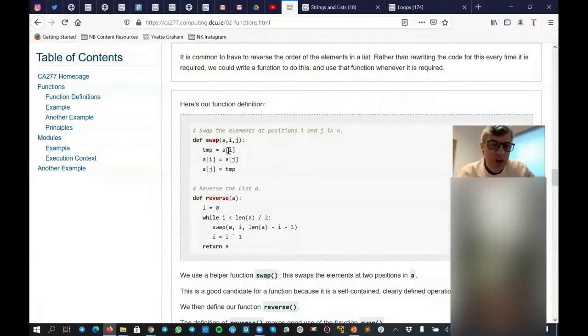And then what about the I location? The I location should come to the J location also. I had it already in the temp, so I can put temp in here. So I have defined a temporary intermediate variable as a temp. I take the I location to temp, put the J location to I location, and put the temp value inside the J location, which was the I location already. So this function substitutes the I and J